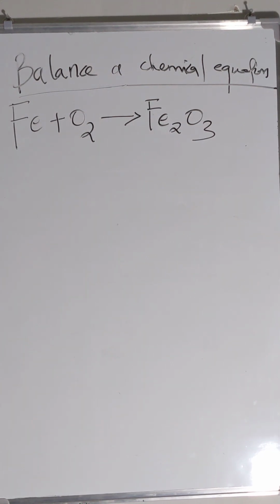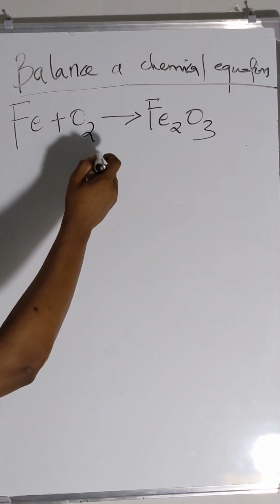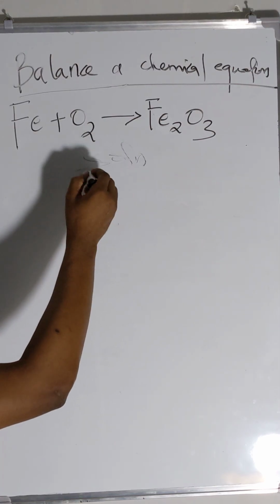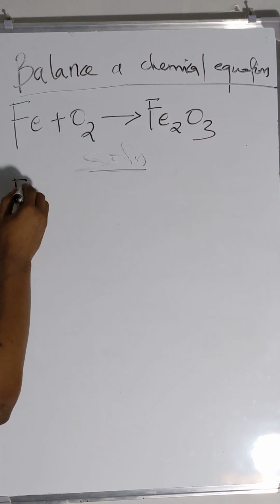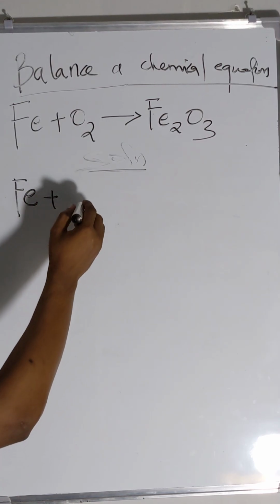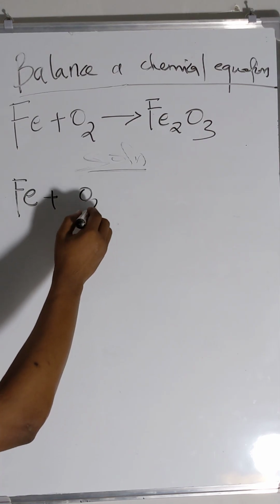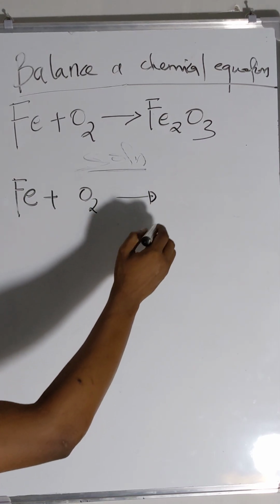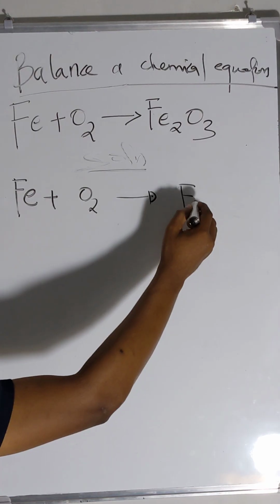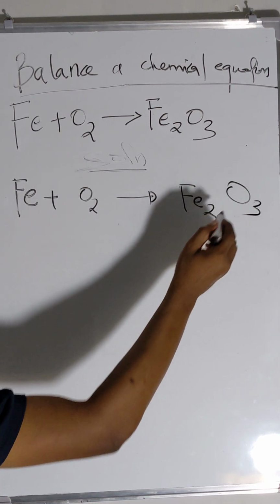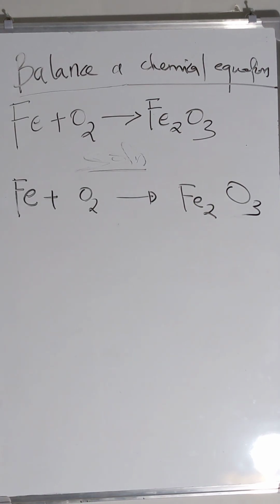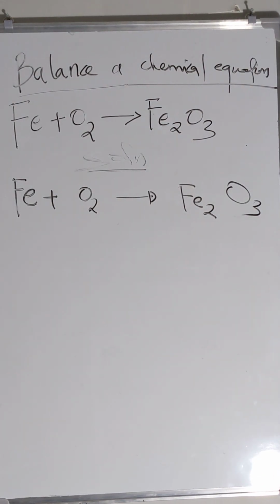Now balance the chemical equation. Solution. So we have iron plus oxygen. This must give us iron 2, oxygen 3. Now, the formula to remember is the number of atoms for elements on left side must be